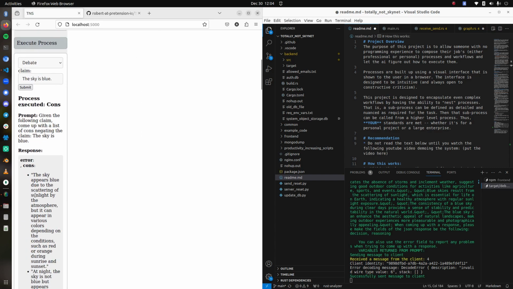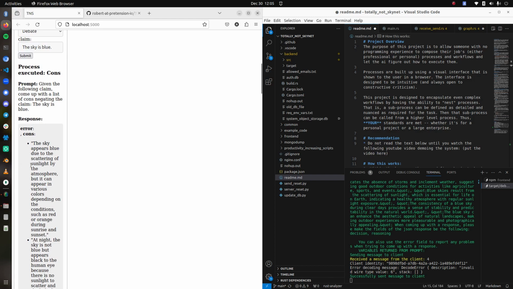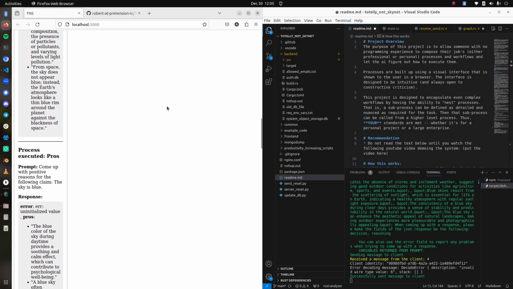And so the prompt that it put the variable in for is, given the following claim, come up with a list of cons negating the claim. The sky's blue. So it comes up with a list of cons, and then the